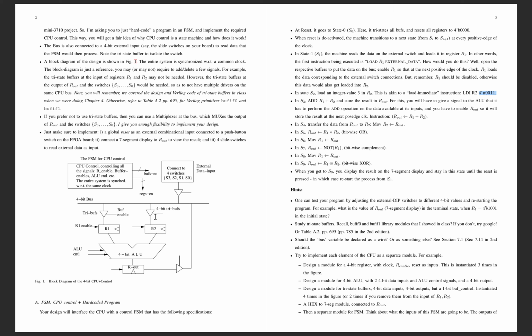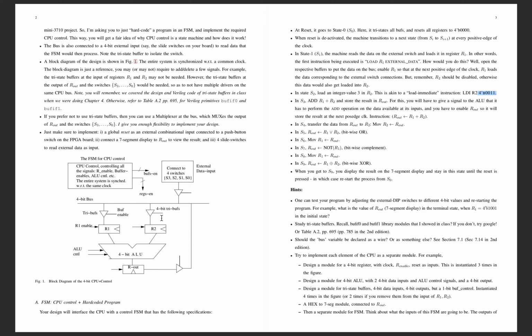So in here, in R2, along with this signal, which is basically a tri-state buffer which goes to your R2, you also need to somehow mux the value of 3 into the data input of R2. I'm basically giving out how you should implement this design. So it's not exactly like this. At the output of this tri-state, you put a mux that takes 2 inputs and 1 output. And the other input to the mux is nothing but your value